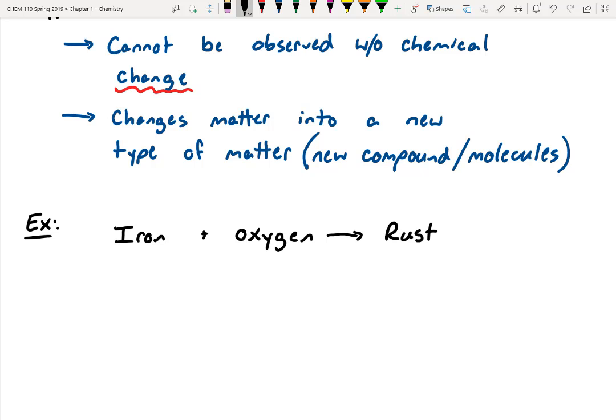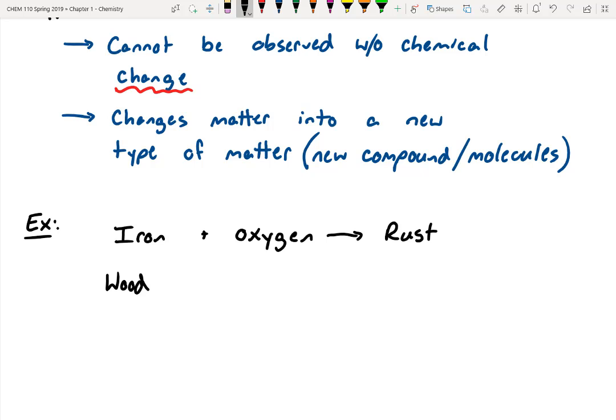If you ever look at satellites, what do you notice that satellites are wrapped in? Gold. So sometimes they actually have this really thin gold leaf around them to prevent corrosion. Gold is pretty unique. Gold won't react with oxygen. That's why it's called a precious metal, is it's one of the few metals that won't react with oxygen. It's kind of neat. All right, the next one. So if anything reacts with oxygen, then it's a chemical change? Yeah, if anything reacts with oxygen, it could be considered a chemical change. Exactly. Yep. So let's take another one.